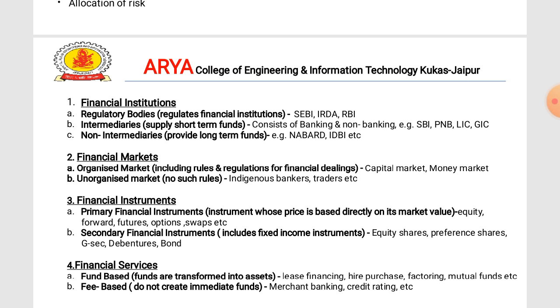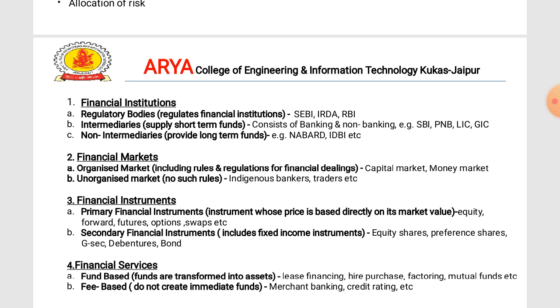Thus, financial markets are generally categorized into two markets, that is organized and unorganized markets. In organized market, there is very strict supervision, rules and regulations, etc. If we talk about an example like capital market, it is governed by SEBI, Securities and Exchange Board of India. So basically there are a very large number of rules and regulations in organized market. Coming to the next, unorganized markets.